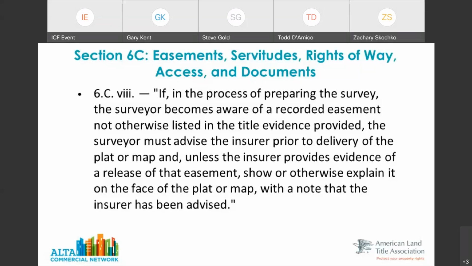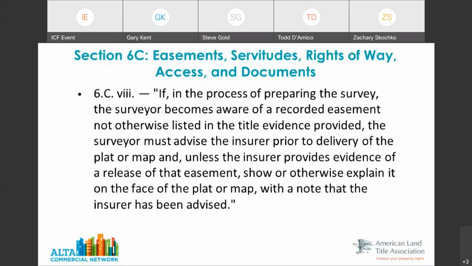And a reason for that, and I'm going to stop there before we get further in the statement, is that we want to communicate. As surveyors, and Gary and I have talked about this, we want to make sure that we're a part of being a team with the title insurer and the parties in the transaction. That means being partners with the title office and the title company, being partners with HUD, sharing information that we know. Our charge is to share this information in the beginning. If there's something we can do to help fix something later, well, let's disclose it and then let's go on and work out a solution.